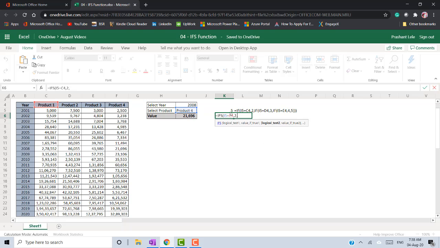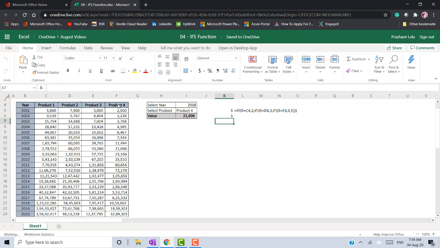There is no value if false in the IFS function, guys. Then again, this equals product 2, then 3, then again this equals product 3, then 4, and then again comma, if this equals product 4, then 5. Understood? And close, enter.